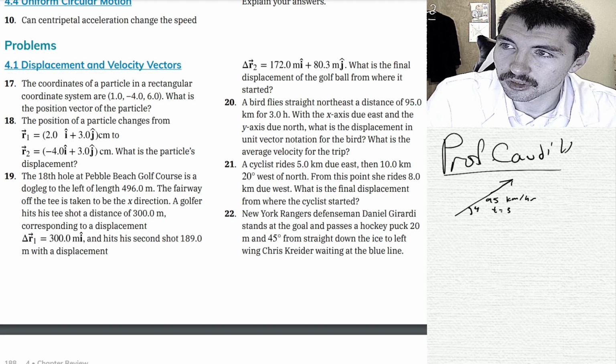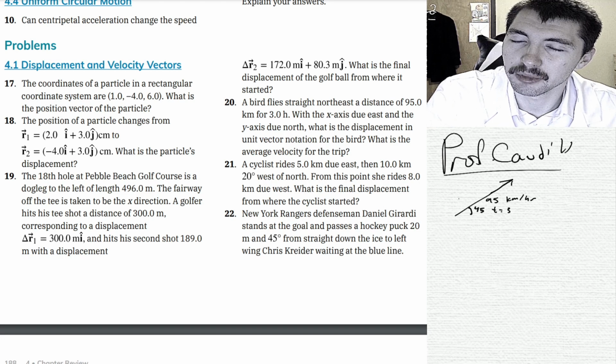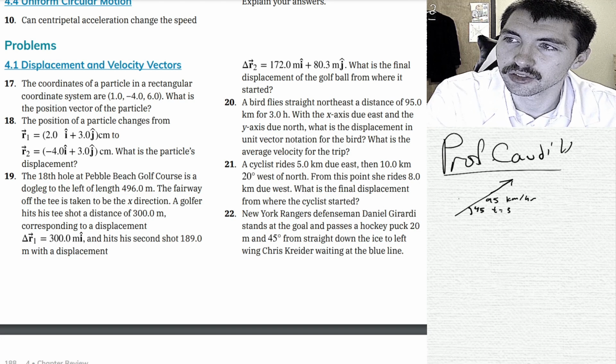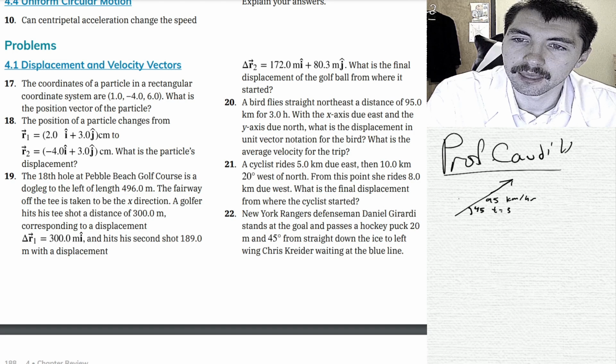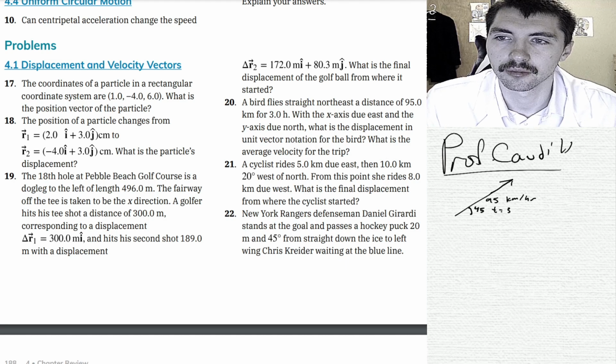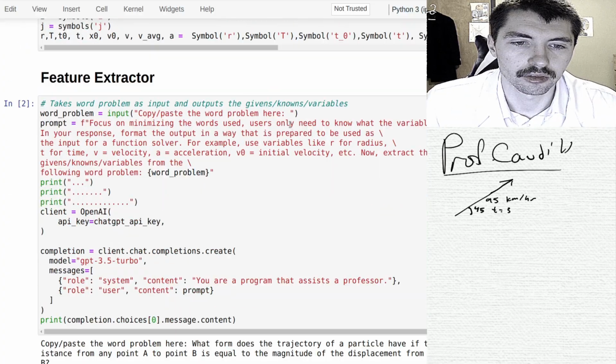So guessing what they mean by straight northeast is a 45-degree angle. Okay. So